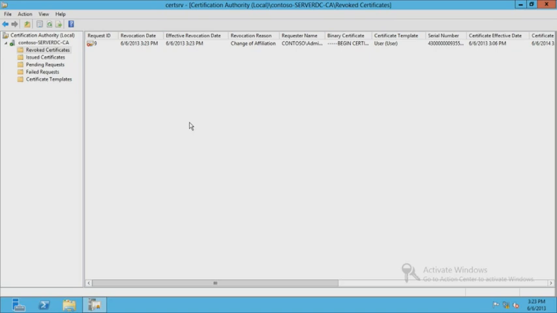What this means is that if that user were to attempt to log on to these systems and access encrypted information, decrypt an encrypted file, because this was an EFS certificate, it would not work. Because as soon as that operation is attempted, it's going to check with the certification authority on the validity of the certificate being used to do that operation. The certification authority is going to look at this revocation and say that certificate's no longer valid,